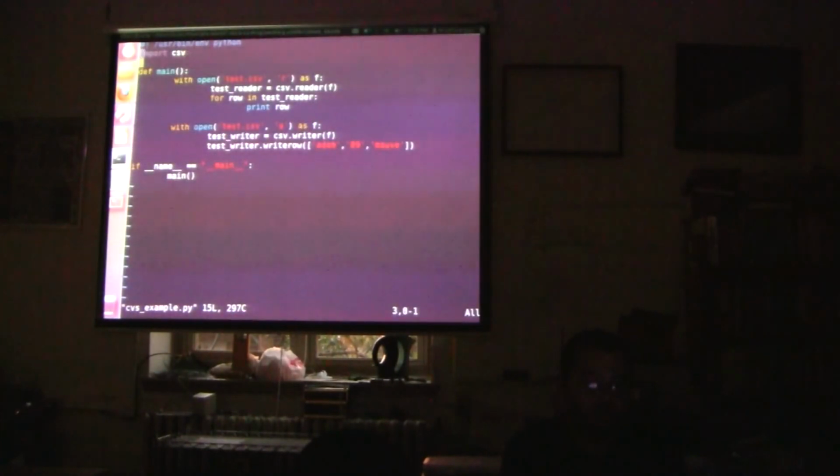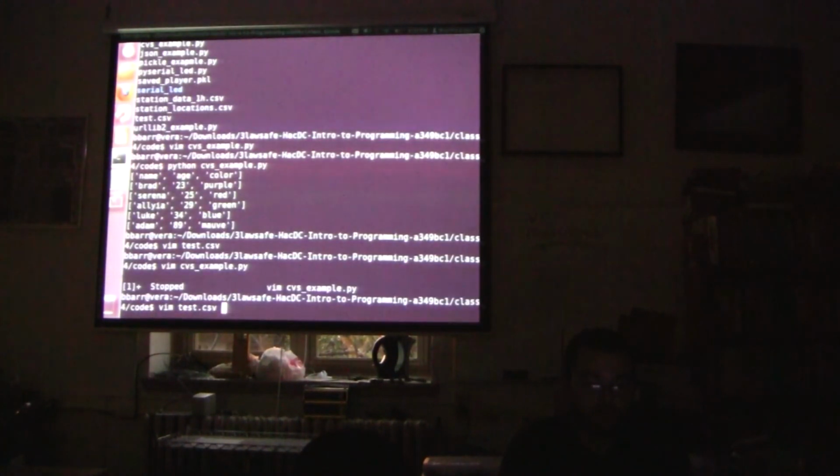So if I referred to that in the array, and I did times 4, it would do 23, 23, 23, 23. Yes. Because it thinks it's just like a series of words, not a number. Bingo. So if we wanted to go ahead and print this properly, we could do for name, age, color in test_reader, print name, int(age), color. We can do something like this, right, which will get rid of this issue and make things print nicer.